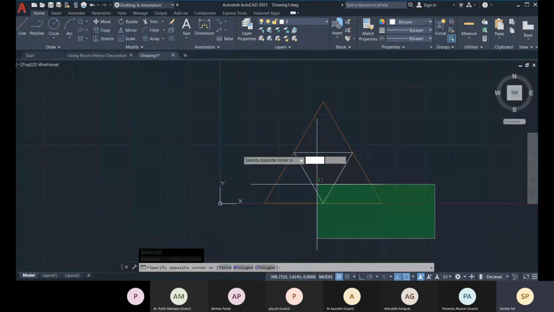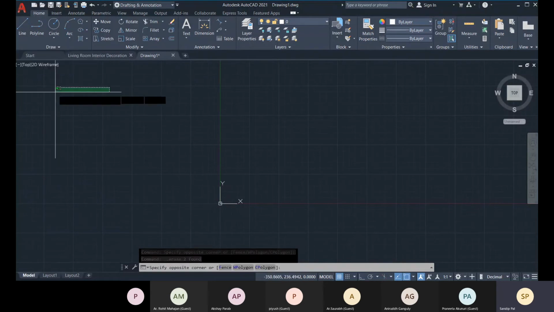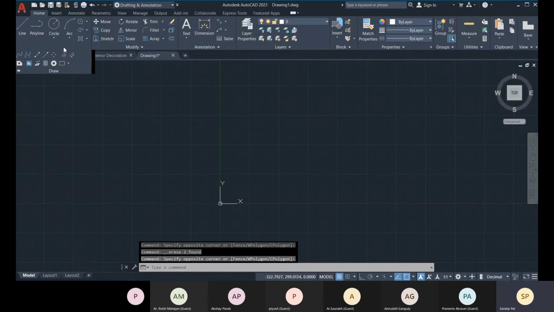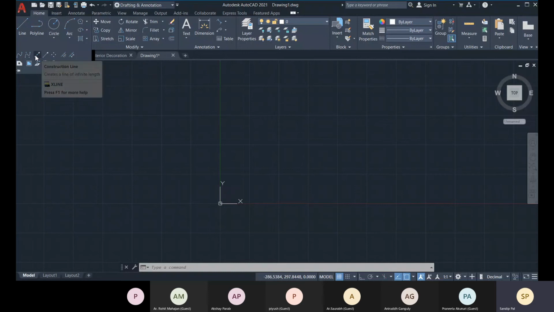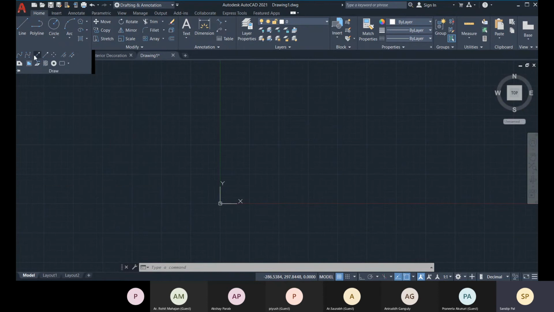Now let me show you some other drawing options under this drop down arrow. We have XLine and Ray. XLine is very useful to create plans. While creating plans, we will use the construction line.